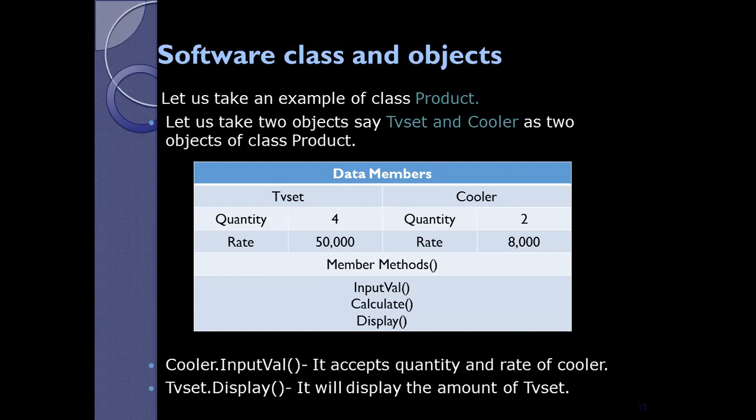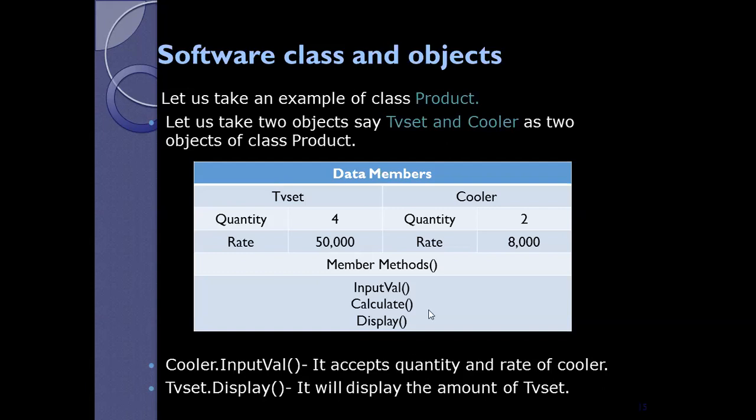For example, quantity of cooler is 2 and rate is 8,000. So the final amount will be 2 into 8,000, and display to finally display the amount. Now, since both the objects are having same member methods, how do we identify which object is using which